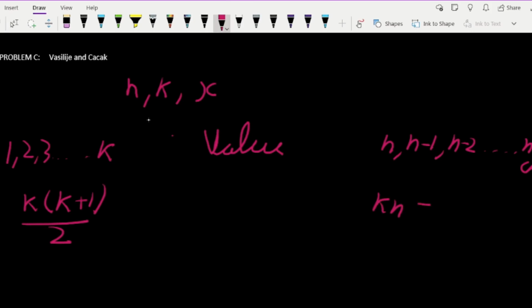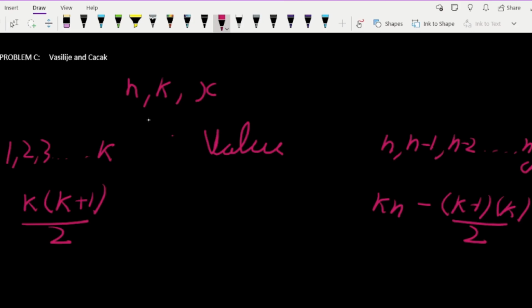minus (k minus 1) times k by 2. Okay, so kn is k times n, and then minus (k minus 1) times the arithmetic sequence up to 1 to k minus 1. So that's why kn minus (k minus 1) times k by 2. So if I show you that